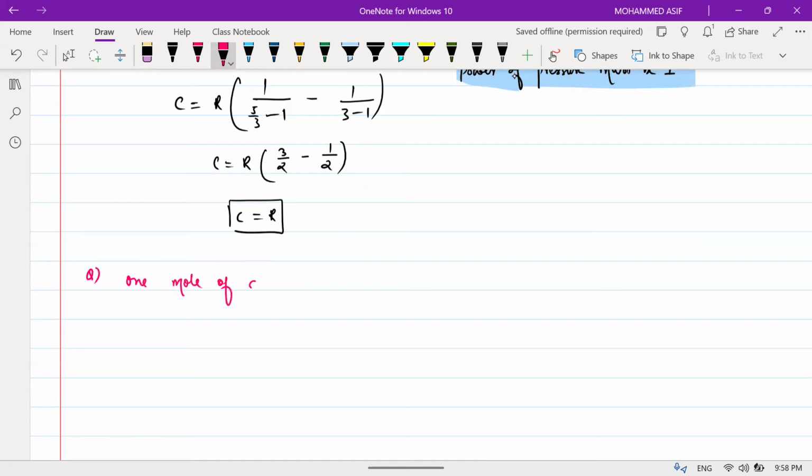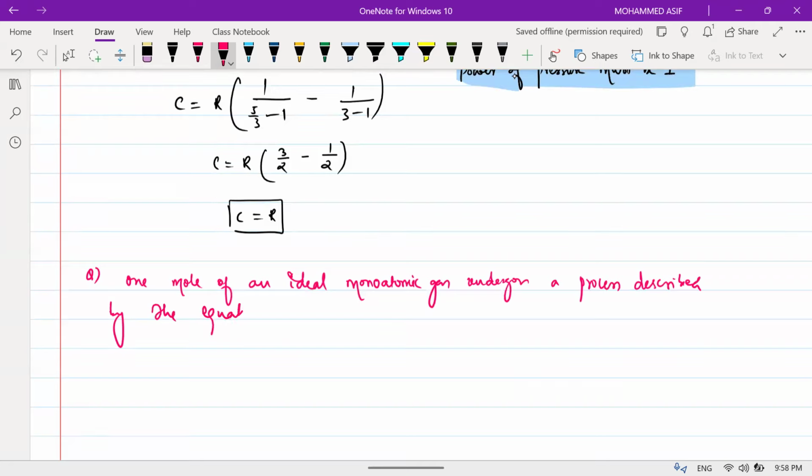1 mole of an ideal monoatomic gas undergoes a process described by the equation PV squared is equal to constant. ऐसे वाले क्वेश्चन आप जल्दी से जल्द में कर सकते हैं। कल मैंने इसका जनरल मेथड भी करवाया था।